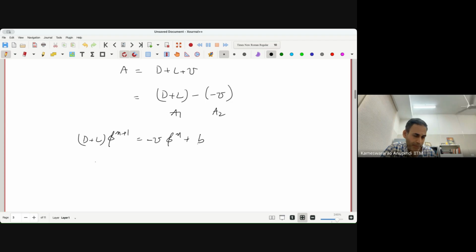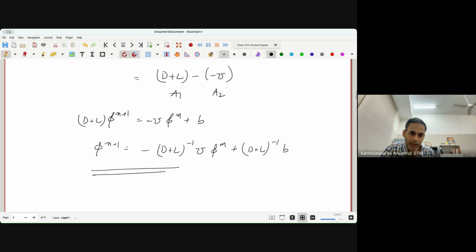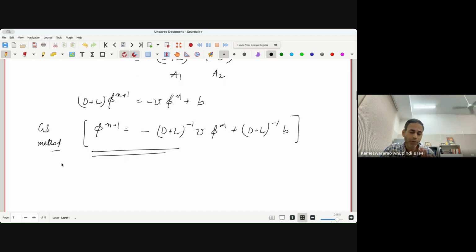Okay, then my equation is phi n plus 1 equals minus (D plus L) inverse times U times phi n, and then I have plus (D plus L) inverse times B. Okay, so that is the matrix representation of the Gauss-Seidel method. Okay, but we know that we are not going to work it this way, right? This is only a matrix representation. So that means we are never going to use the matrices in implementation, and we are never going to calculate these inverses, right? So although here I have written (D plus L) inverse times U times phi n,